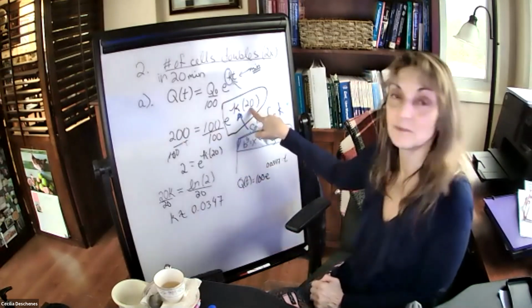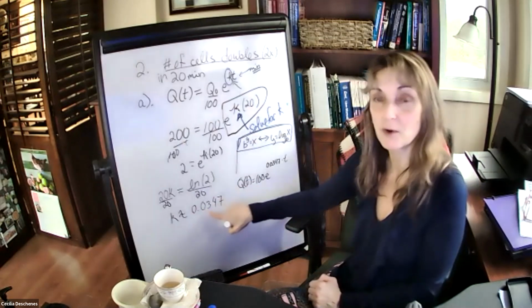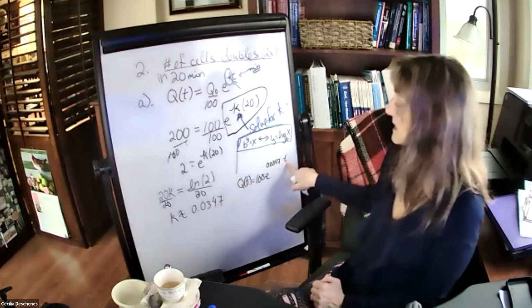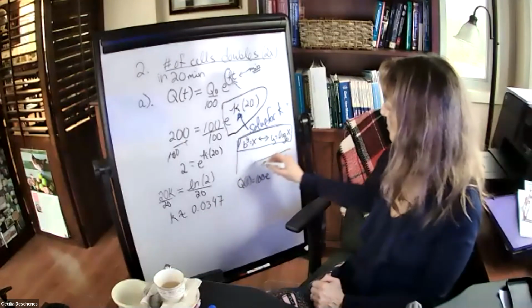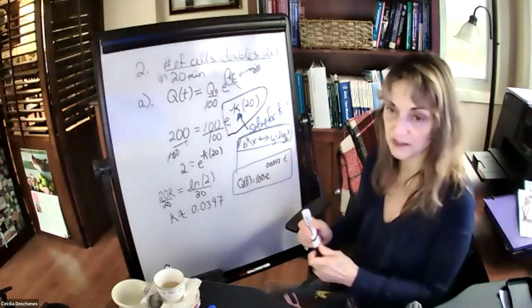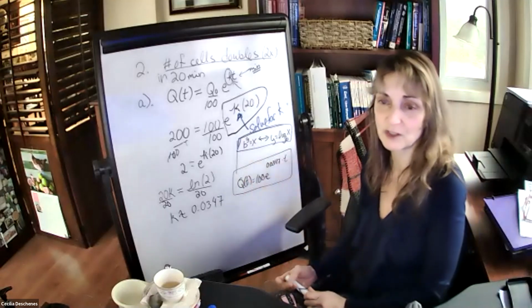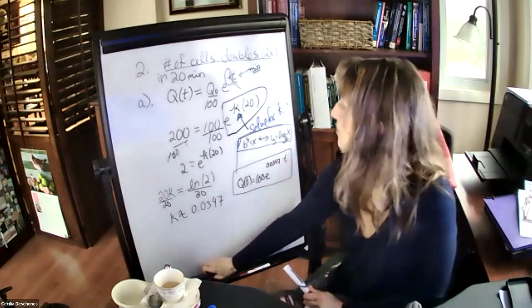No matter what time we put in, the rate constant is the same. So once I figure out what it is, I can go back to any time T. And now I have the mathematical formula for the growth of this bacteria. Now I'm ready to do anything that I'm asked to do with this function. And in particular, part B